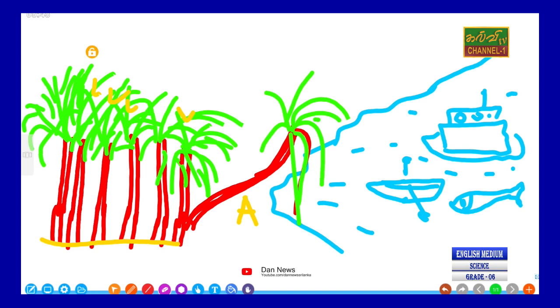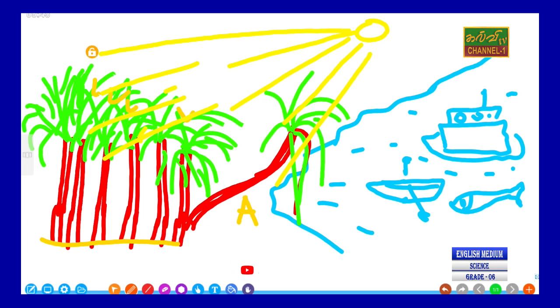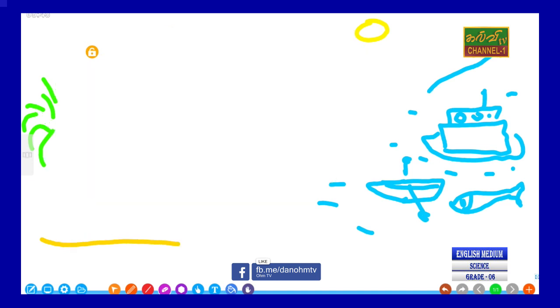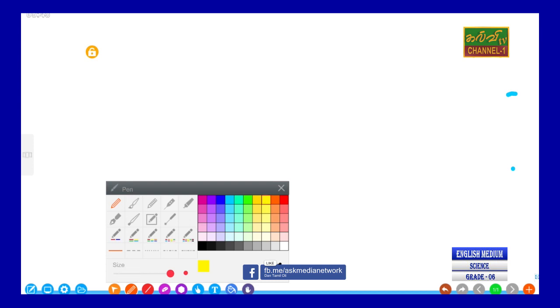Say, for example, the sun rays are here. So sun rays can come here freely. It can get them freely, not necessary to go inside, which is very difficult. Not only here, always plants like to grow in the direction of sunlight. I have found that most plants like to grow towards sunlight. Anyway, here they have mentioned another example. One of the scientists did an experiment, you can also do that experiment.